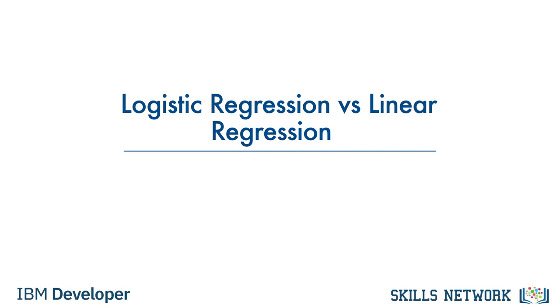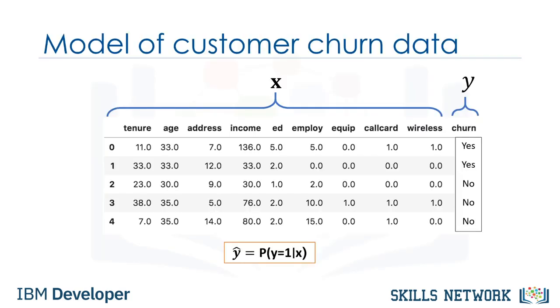Let's start. Let's look at the telecommunication dataset again. The goal of logistic regression is to build a model to predict the class of each customer, and also the probability of each sample belonging to a class. Ideally, we want to build a model, y hat, that can estimate that the class of a customer is 1,